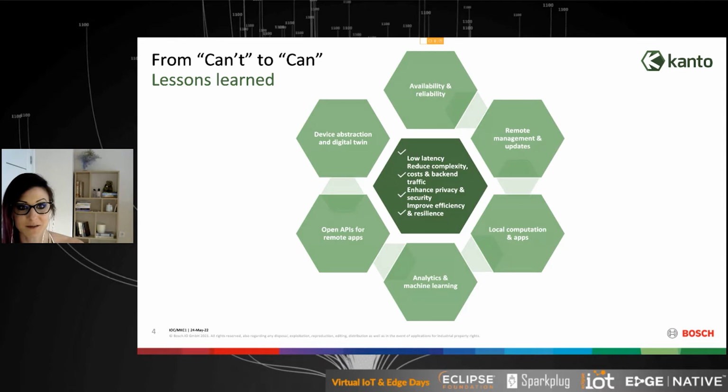What we have learned is that if you want to achieve all the pluses of being closer to where the data is produced, allowing all those operations to happen right there on your edge device, then you need to ensure low latency.